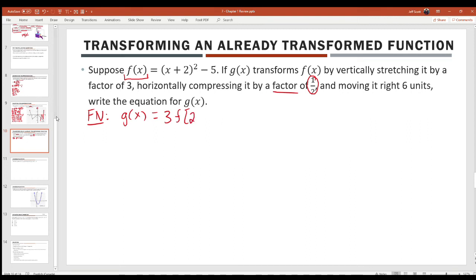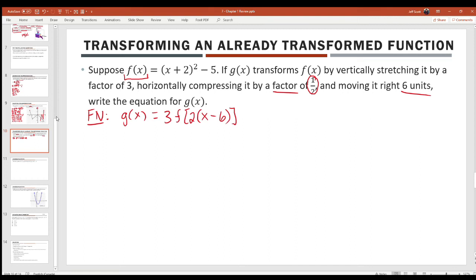So it's 3f, 2, nested bracket, x, and then it's x minus h. Since we're moving it right 6 units, we know h is actually positive 6, so it's x minus 6. Close your nested bracket, close these ones off, and then that's it. We don't have to go any further with this. Now the next thing we need to do, though, like we were done with function notation, the next thing we